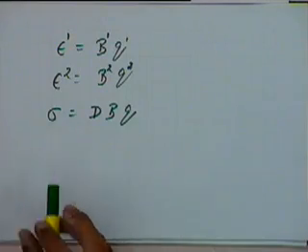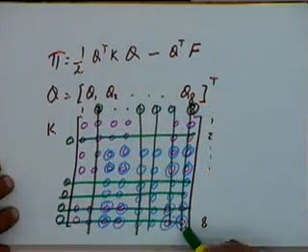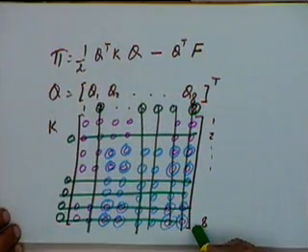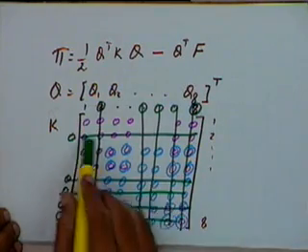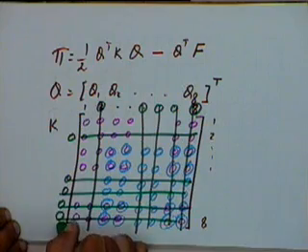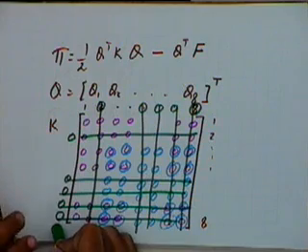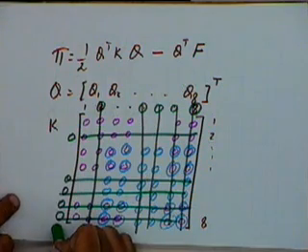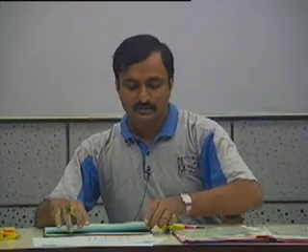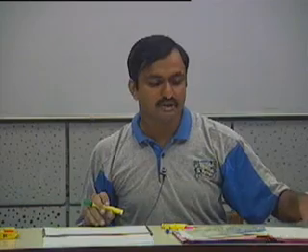The only thing that changes in the case of 2D elements is how this global matrix is compiled, because now we'll have twice as many locations in the stiffness matrix as there are nodes. If you have 4 nodes, there will be 8 locations. That's the only difference. Now this is as far as three noded triangular elements are concerned, and as far as the potential energy approach is concerned.